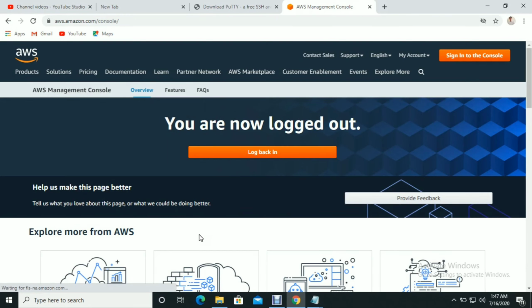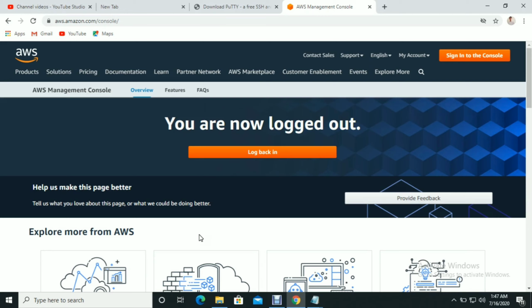If you have an AWS account, you can go and log in. If you don't have an AWS account, then you have to create one. Go to AWS Management Console, sign up, and create your account.